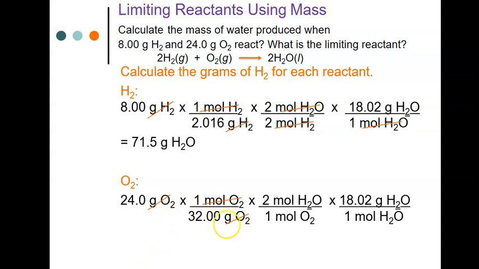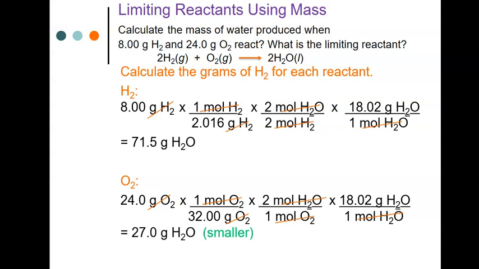So mole of oxygen will cancel mole of oxygen. And this is your grams to mole. And this is also your mole ratio, because you have 2 moles of water and 1 mole of oxygen here. So the mole of oxygen will cancel mole of oxygen, and mole of water will cancel mole of water. Remember, water is 18 grams, just like the one you did for hydrogen. It is the same thing. You are producing the same product. So you multiply the top, 24 times 1 times 2 times 18.02 divided by 32 will give us